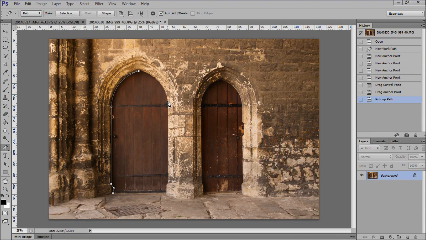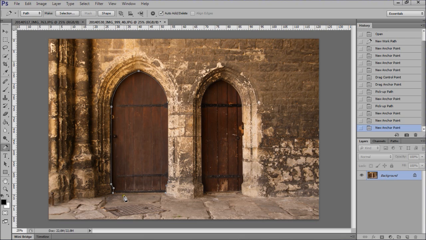So you hold the Alt button down and click on that center anchor point. And do the next one. Click and hold. And it takes a little bit of getting used to work out how to actually create the right arc that you're looking to do. But as I said, it just takes practice. So holding the Alt button, we delete that arm there. Then we come down to the bottom. And then to complete the circle,